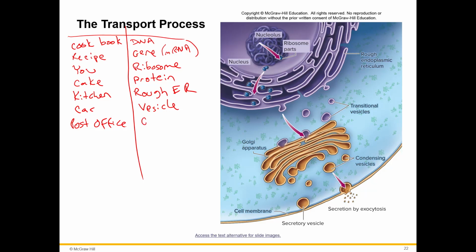Or the Golgi apparatus. The post office is going to package up your cake, put it in a box, put an address label on it, get it ready for shipment to your aunt in Arizona. Similar to what the Golgi apparatus is going to do. The Golgi apparatus is going to package and modify that protein so that it's ready to be activated once it hits the cell surface. From here, it's going to get into a mail truck,